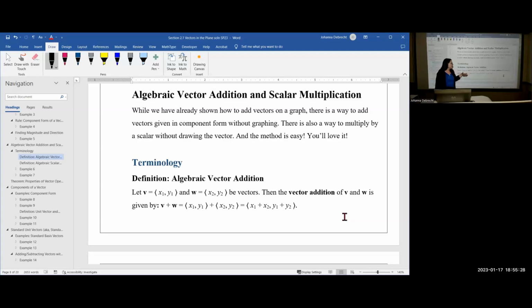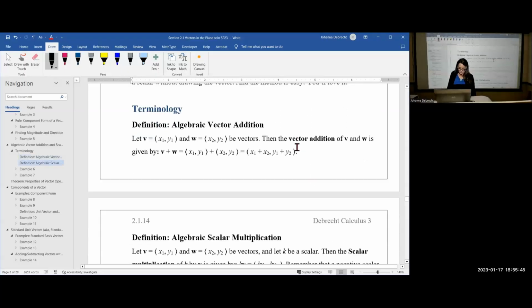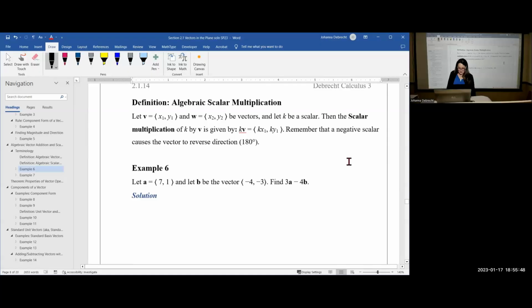Then to add the vectors together, I add the components together. I know, you're thinking it can't be that easy. Yes, it's that easy. So you just add the components together. So that does it. I mean, that's about as easy as you can get. Add x's to x's and add y's to y's. When you do scalar multiplication, it's very, very similar. If you have a vector v given by x1, y1, and you want to multiply v by some scalar value, like -4, then you just multiply each component by that scalar constant,